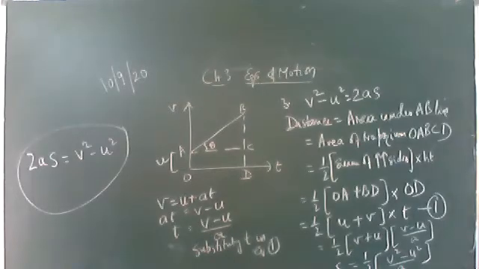So here we have derived the third equation also, by the graphical method. Hurry up, note it down. These equations are valid only for uniformly accelerated motion. Uniformly accelerated motion means the body is moving with a constant acceleration. If the acceleration is constant, then only you can use these equations. So we have derived all three equations by the graphical method. While doing differentiation and integration, that is calculus, we have also derived these equations by the calculus method. So here, by the graphical method.